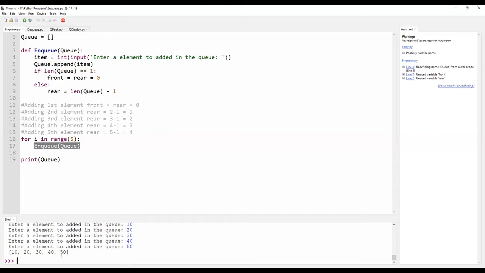And I am trying to print the entire queue. Again, I repeat, the value present in the front position is 10. The value present at the rear position is 50. The value of front is equal to 0 here. The value of rear is equal to 4.